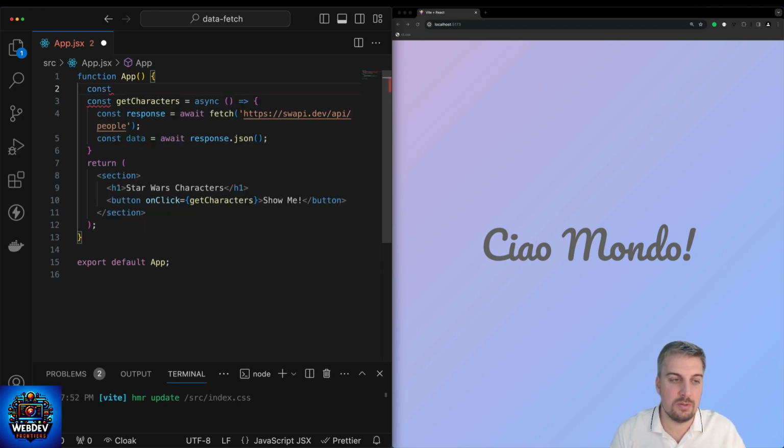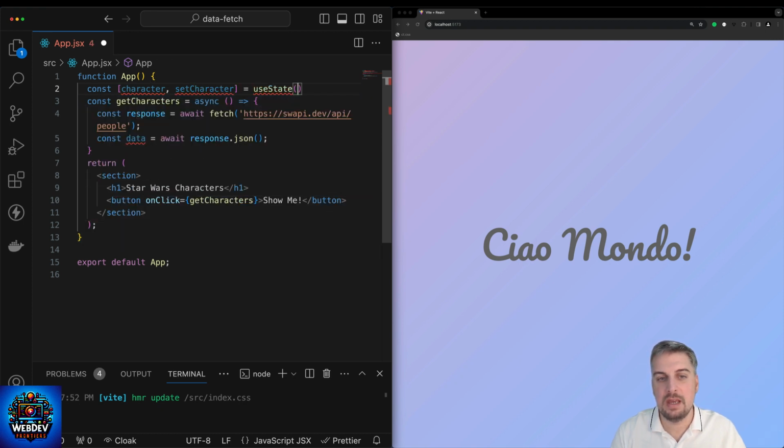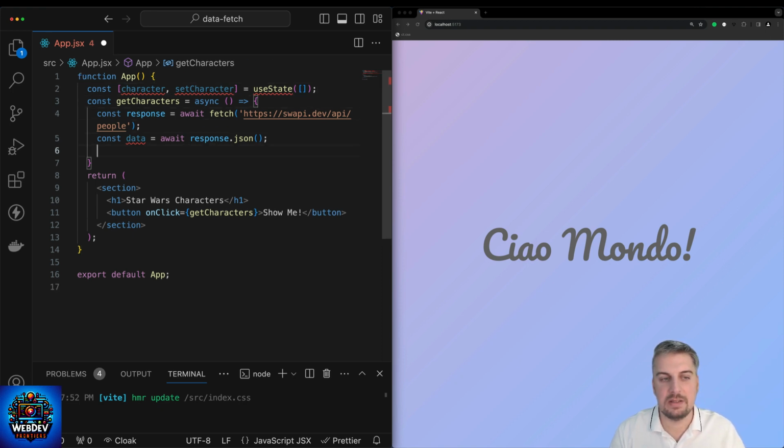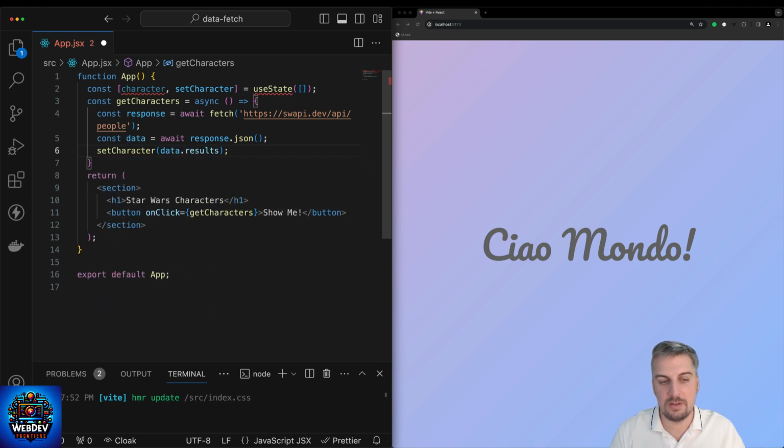So I'm just going to create the state. I'm going to call this character and set character. Make that equal to useState, and I'm just going to set that state to initialize as an empty array. And once we have the data inside this getCharacters asynchronous function, I'm going to call setCharacter, and we're just going to do data.results, because we have a results property that comes back from the API and we would like to